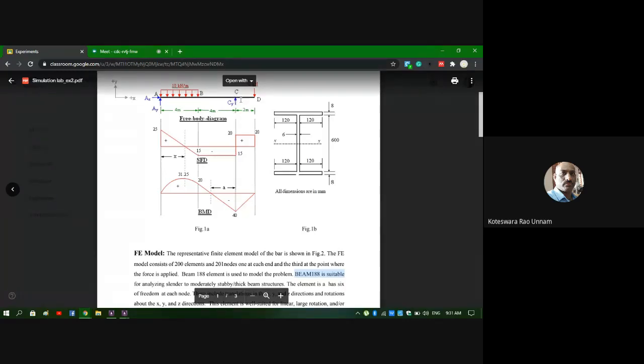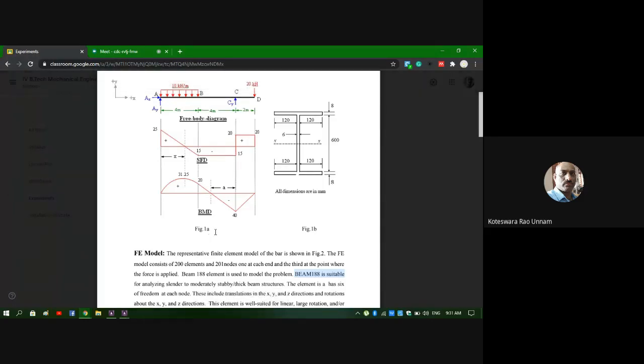So in case of roller support, only the vertical displacement is constrained. So that means I need to arrest UY, and in addition to UY, rotation X and rotation Y are not required. I need to apply those two also. So that's it. So I'll apply these constraints, I'll apply these loads, and then I'll solve it.